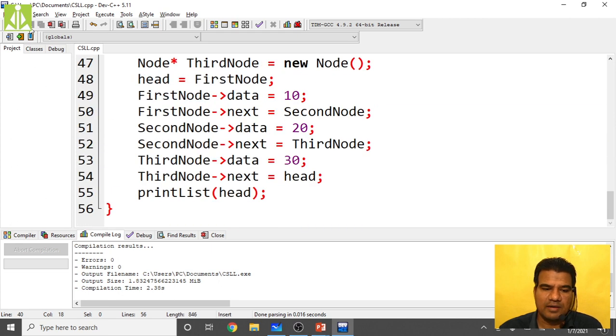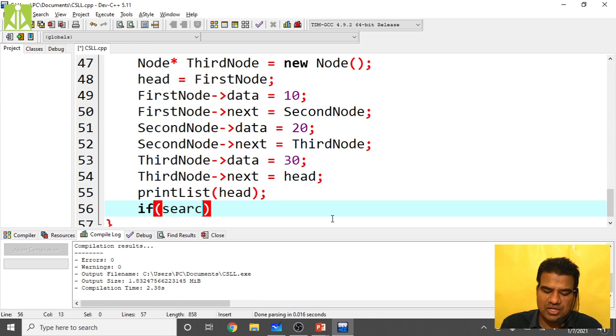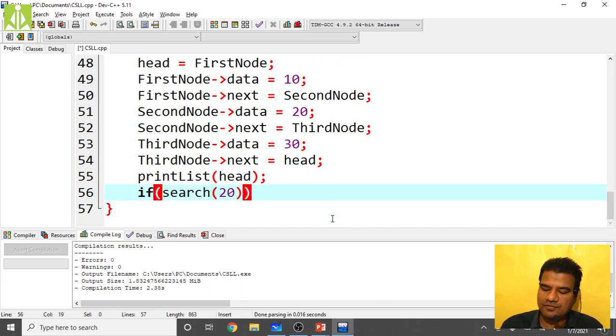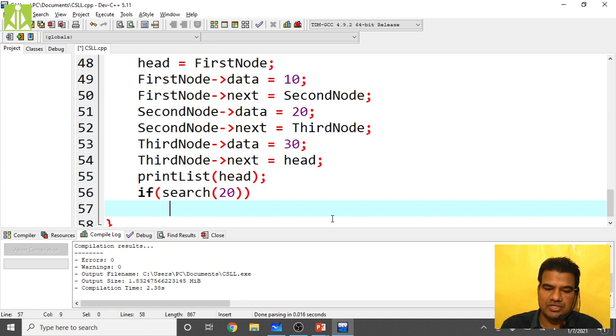So now, after adding all the keys and printing all the keys, I will check my search function, when I am searching for 20, let us say. If it is true, here I have to write that if else logic. If it is true, cout that the value, 20, is present in CSLL.